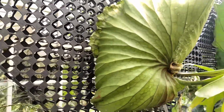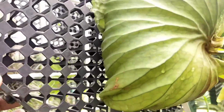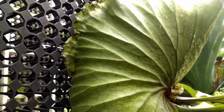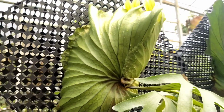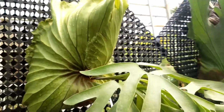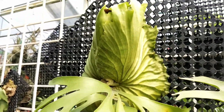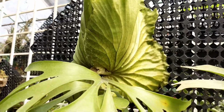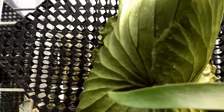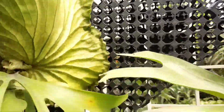This is another collection of Staghorn ferns found in a different nursery, which I find is very much highly cared for. In a way, I can believe that these are premium prices, and I find that the quality appears to be very good, and I just want to showcase to you their appearance and the way they've been presented. You can see over here, this particular mesh is actually more of a plastic board, and I think this is very much